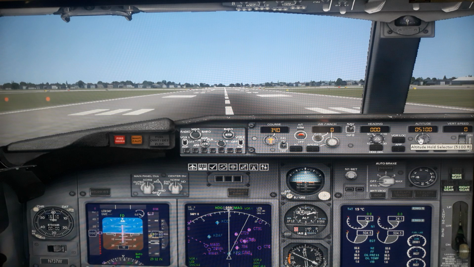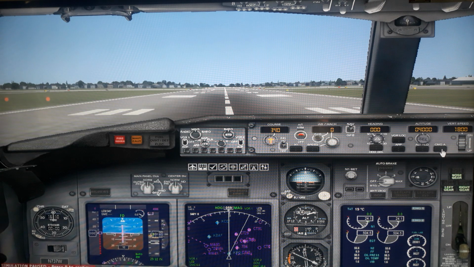We'll go from right to left and look at everything. Unless you hold this, and if you hold it, you can see it is green. Unless you hold it, it will not be taken by the autopilot. So once you are in cruise mode at the flying altitude, you set the altitude at 35,000 or whatever, and then hold it.